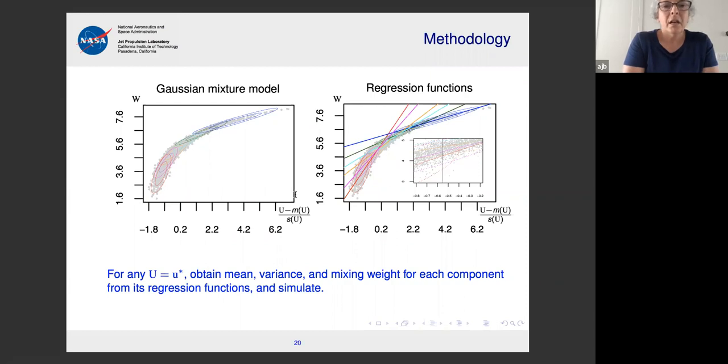So the different colored ellipses that are superimposed on that scatter plot are the component Gaussian distributions in a Gaussian mixture model that was fitted to these data. So not one Gaussian distribution to try to cover it, but I think it's 6 here, 6 different ones given by color. Does that make sense?